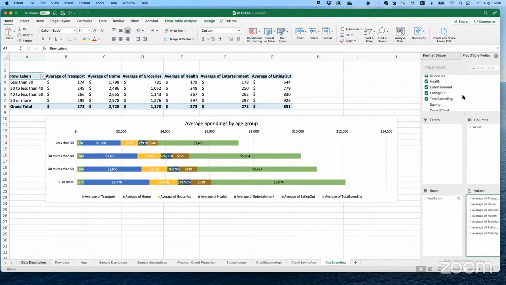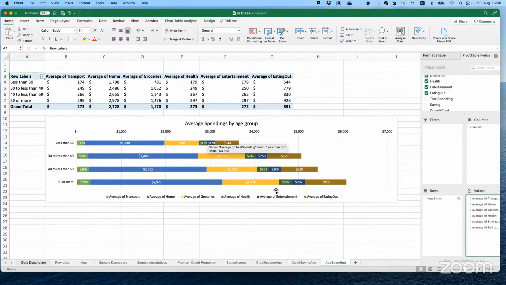Unless you are going to go the extra mile, adding it as a secondary axis and putting it behind so it can come outside or be side by side. But again, it is not an easy option or a clean option. It's not very difficult, but it is not clean.